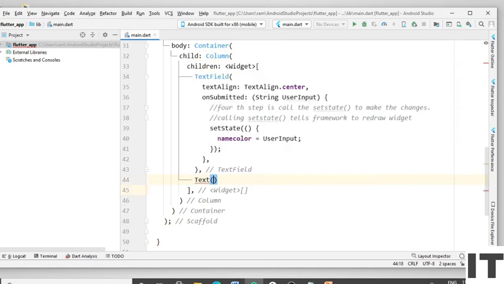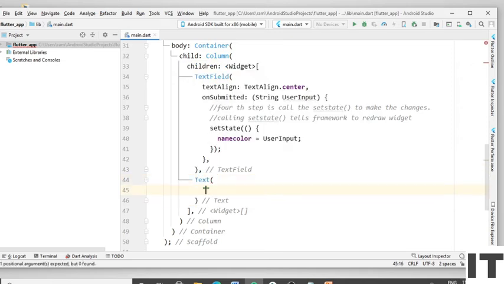Open the round bracket and type the text in inverted commas. Type Your favorite color. Put the dollar symbol and type nameColor.